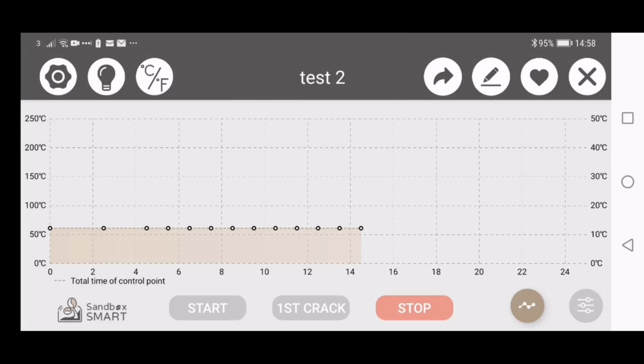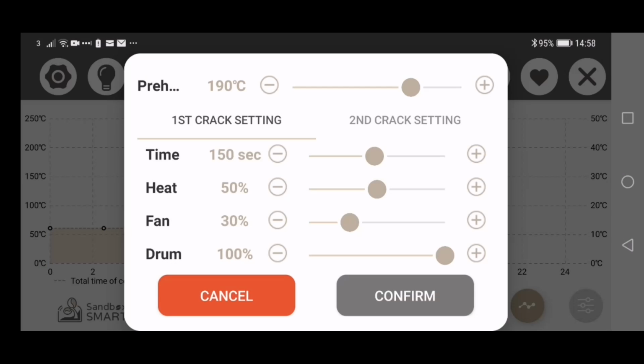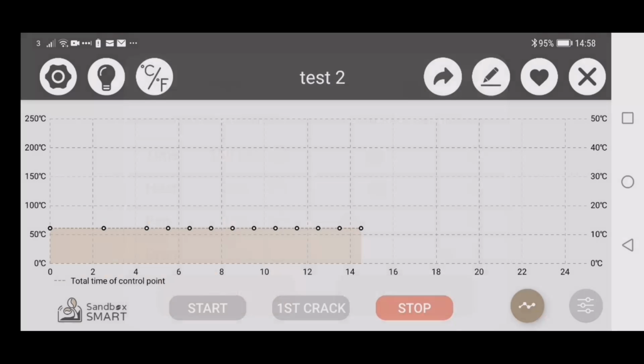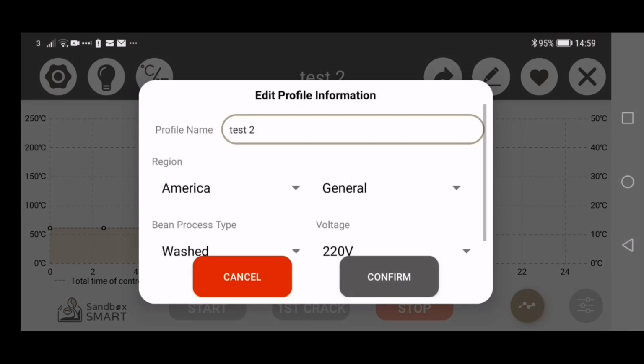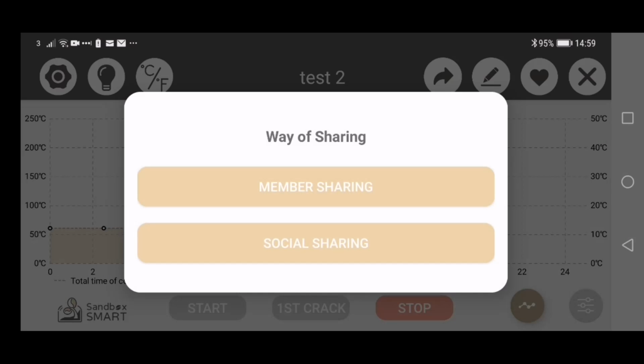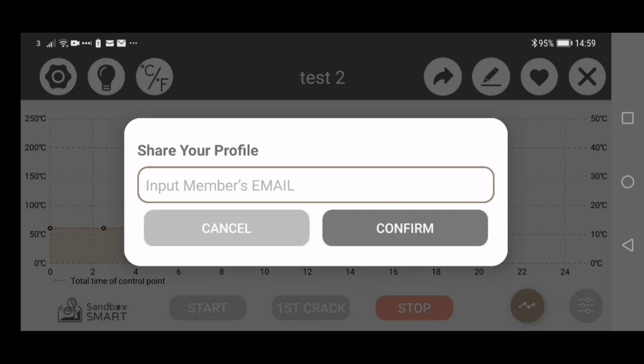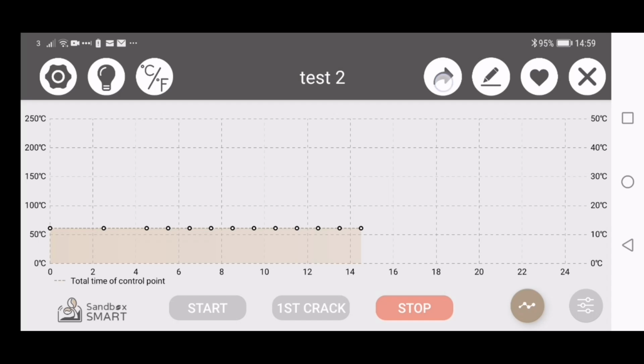Now, if you wanted to share a profile, that's also very easy. I've gone back into test 2. I could rename this, because you can edit this profile. If I go to that pencil and line, I can rename it to something better. And I can share it, and I can member share or social share. If I member share, I'll send it to a particular member. If I social share it,